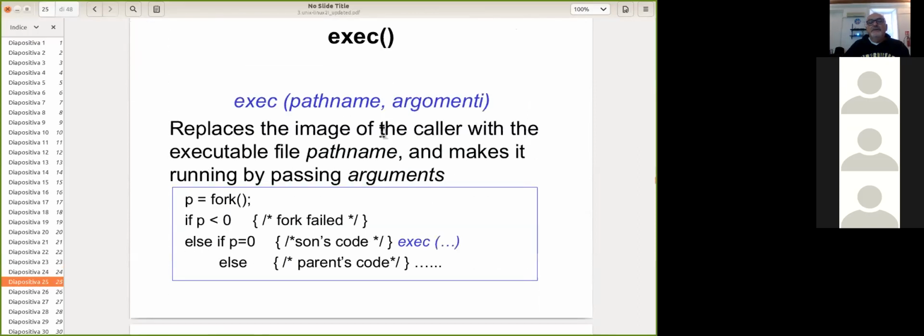After you have issued the fork, you can call the system call exec, that is similar to the fork, but replaces the image of the caller with the